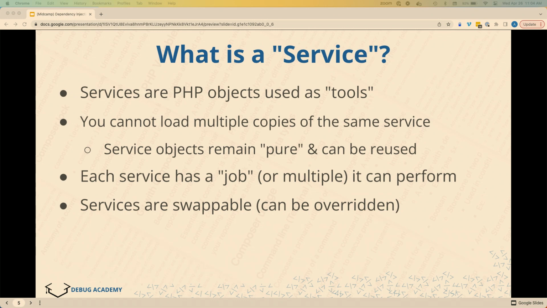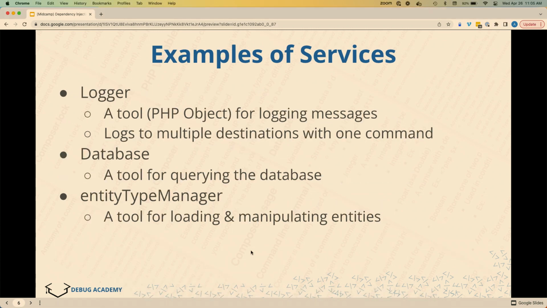It gives you the ability to override it and replace it with your own service. So if Drupal gives you the various logger tools, we've got the DB logger, the system log, etc., you have the ability to add your own logger, and it can pick that up and use it without you patching Drupal core.